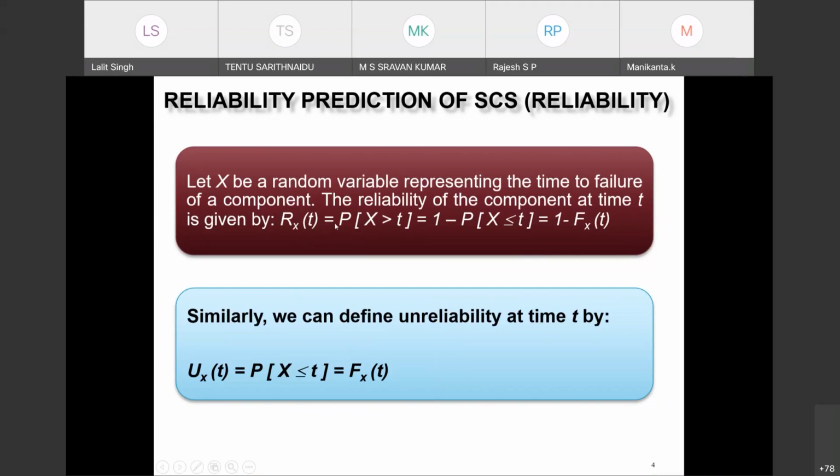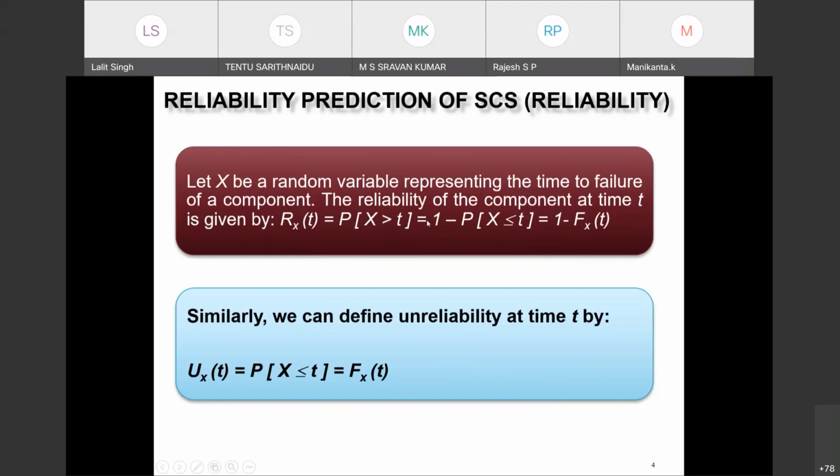is a function of time. It will be equal to the probability that the value of X is greater than t, because it represents a success probability, and success probability will only be when this random variable value is greater than your target time, because it is representing the time to failure. So this time to failure must always be greater than your target time. It means I'm guaranteeing that up to this time t my component is working,